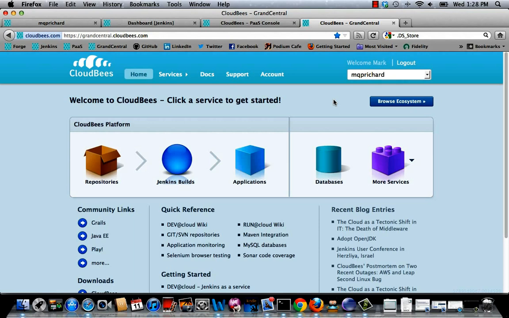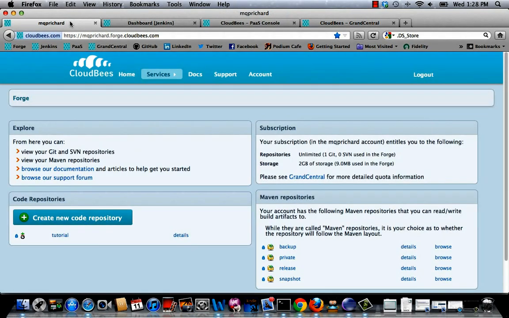So here's CloudBees Grand Central, and this is your starting point for accessing all the key CloudBees PaaS services. So we have the Forge repositories here, Git and Subversion. I'm going to be working with cloud-hosted Git repositories. And then we have the Jenkins continuous integration dashboard, which you can access here. And then we have the PaaS console itself here for the run services in the cloud. And I have tabs here for the individual